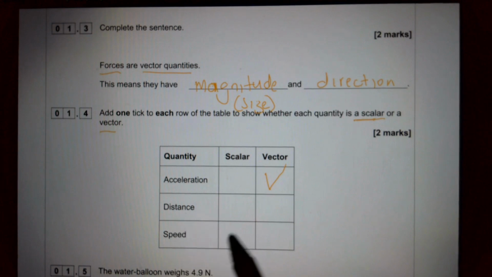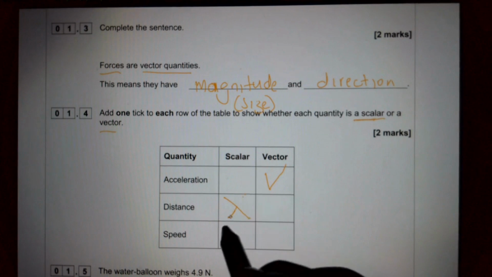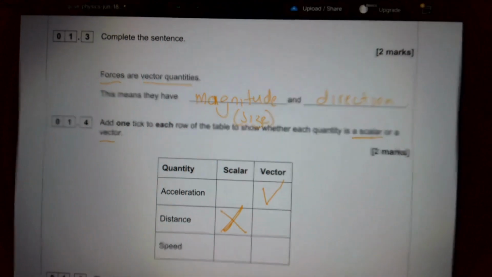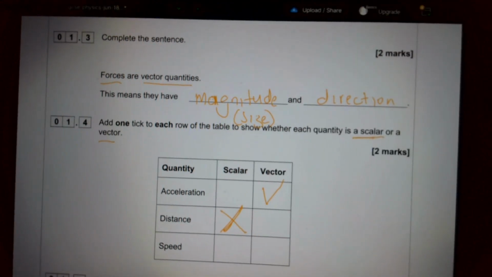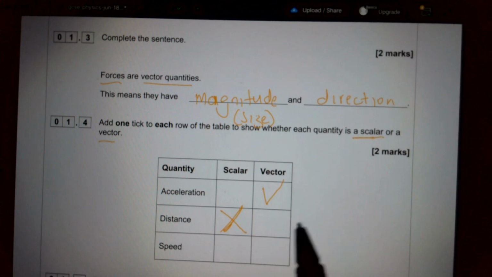So distance, it's a what? It's a scalar. Distance is a scalar. Why is distance a scalar? Because if they ask me how many kilometers to Abu Dhabi, I will tell them that to Abu Dhabi maybe it's like, I don't know, I'm just guessing, maybe it's like 100 kilometers. It's just a guess. So basically I didn't tell the person the direction. It means you only told that person the distance. So now speed